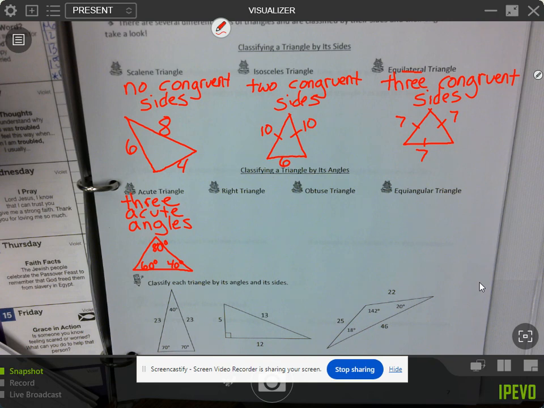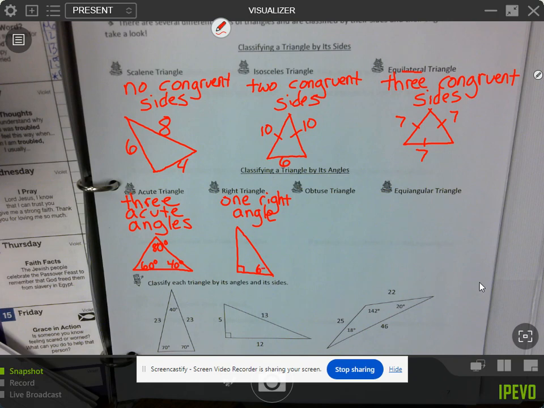What do you think, Jimena? It could be only one right angle. Because that right angle is already 90 degrees. So we know it's a right angle here, it's 90 degrees. And then we can only equal 180 degrees. So we connect these two, and they're going to be acute angles. So maybe